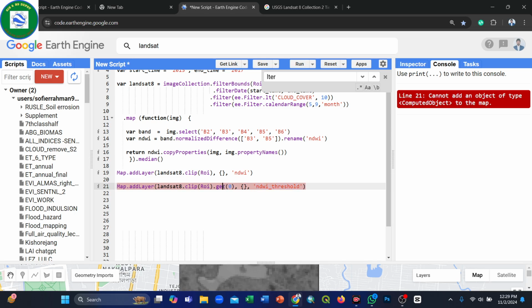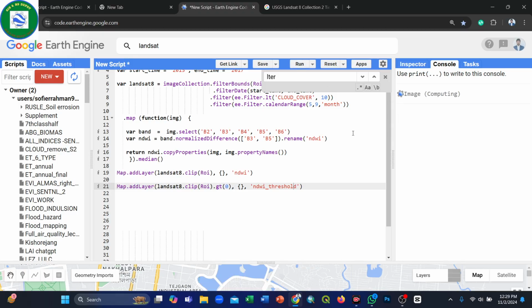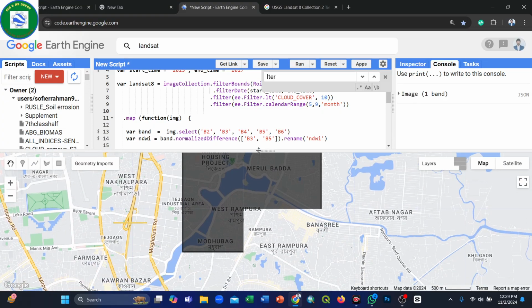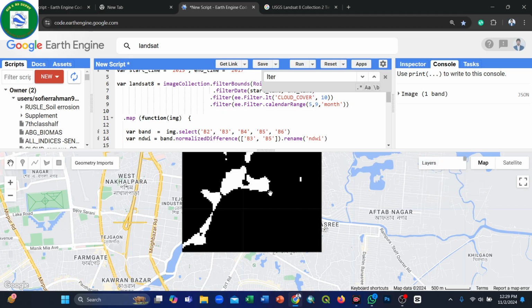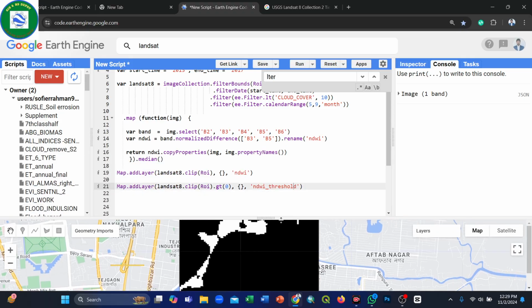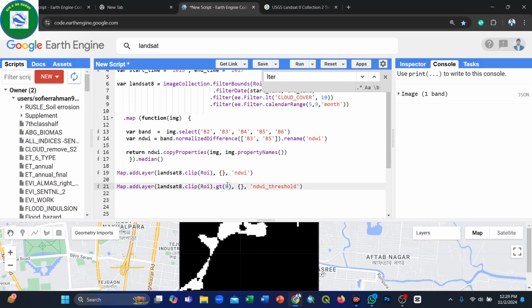Okay, not greater than gt, greater than 0. This function is greater than 0. And now we click on the run. So now we see here another layer, the NDWI threshold layer. Okay, NDWI threshold layer. So if you see here, this threshold layer greater than 0 indicates all of the values